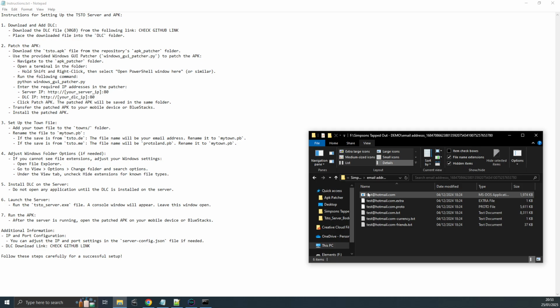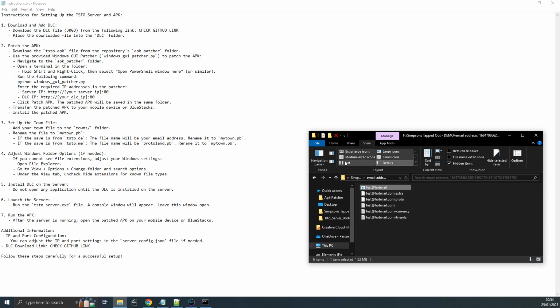What you will need is this file here, which is the MDOS file. When you're in Windows, this is why I said it was quite important: if you have no file extensions showing, you can't rename this. So if you go here and type, set up the town file, this is your town file, this is the file you need. Windows has recognized it as an MDOS file extension. It says add your town's file to the town's folder, so rename the file to